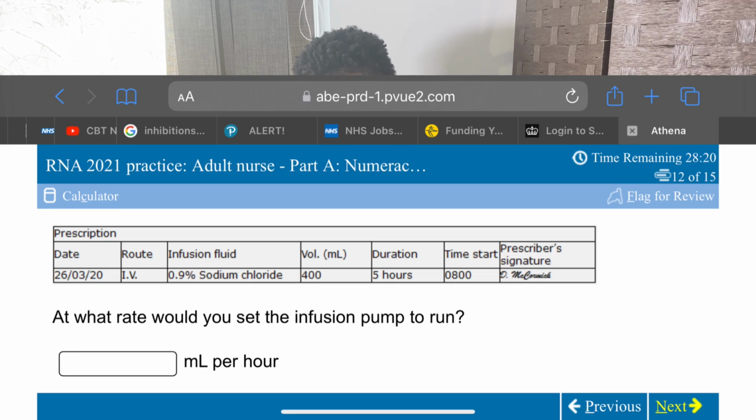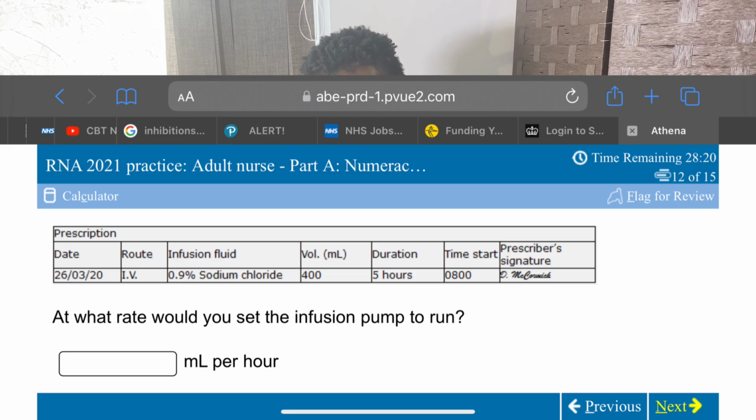This question is saying at what rate would you set the infusion pump to run, and a space has been provided, mL per hour. So in order for you to solve this, you just divide 400 by 5 and you get your answer. Now if you look at the next one that will come,